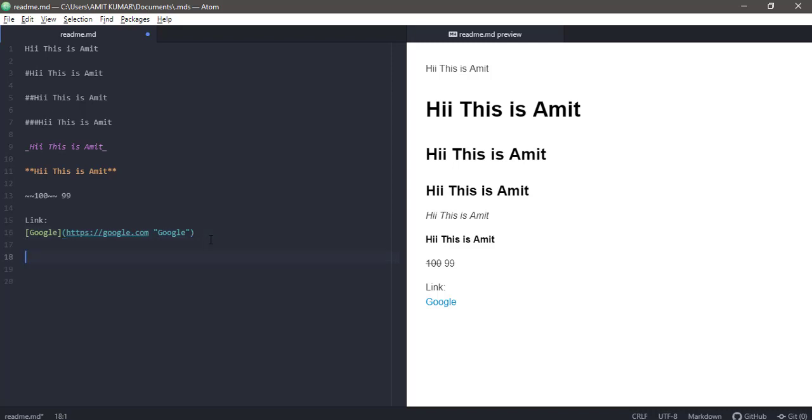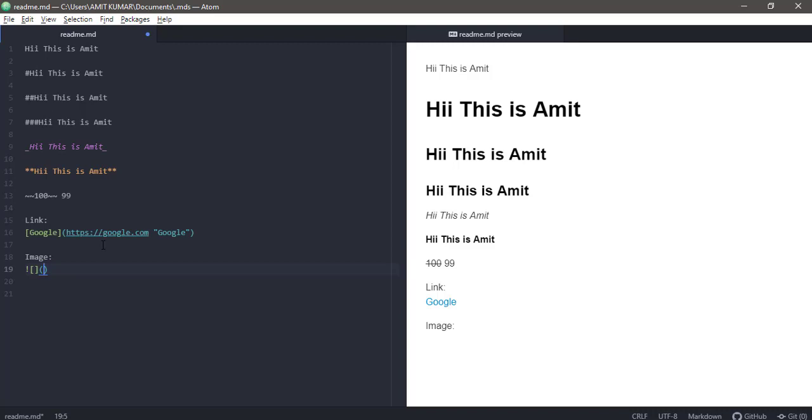Okay, now let's see how we can add an image. It is quite simple. First you give an exclamation mark, then a square bracket, and then a round bracket. In the square bracket you mention what image you are providing, and in the round bracket you provide the link. I'll show you an example.